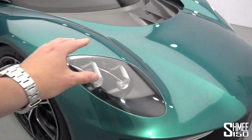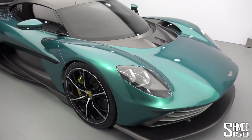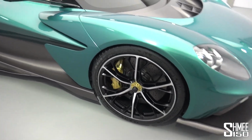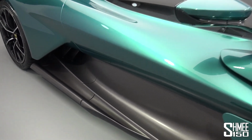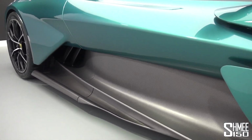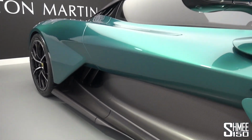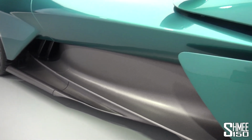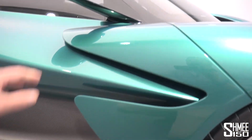As we come round, there's a new headlight design, slightly larger than before, which just gives it, I think, a little bit more presence, a little bit more all-rounded. We've got 20-inch wheels at the front, 21-inch at the rear, and then between them, the incredibly complicated and clever aerodynamics that the car offers. The upper surfaces, you'll notice, are all very smooth and clean, the aero being kept beneath the car or integrated into the bodywork. You've got the traditional style of side strakes incorporated into this as well, the way the body